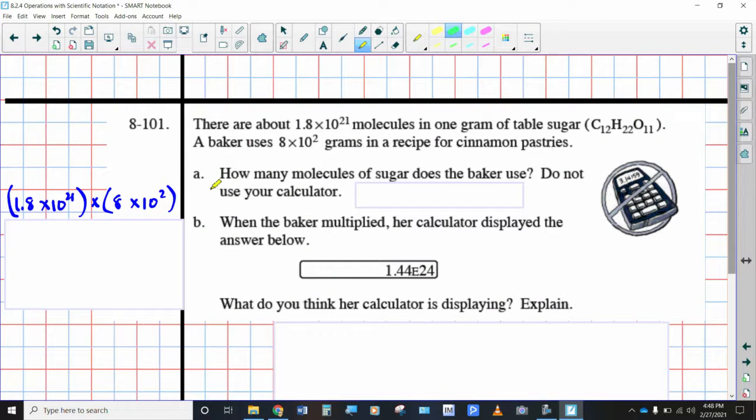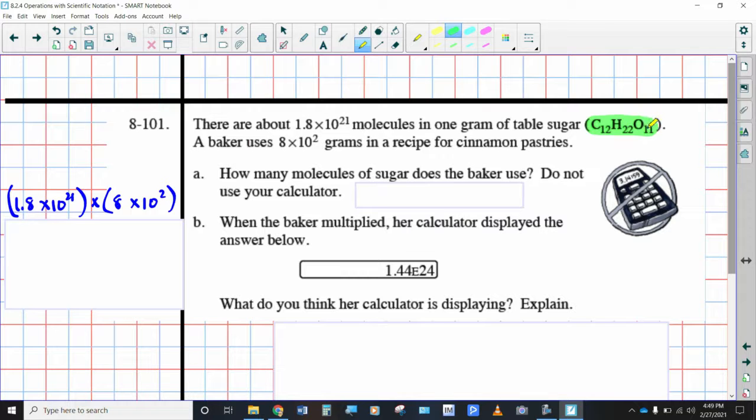And then there's another type of problem. There are about 1.8 times 10 to the 21st molecules in 1 gram of table sugar. Why they decided to give us the molecular structure of it, I don't know, but that's a molecule of table sugar: 6 parts carbon, 22 parts hydrogen,